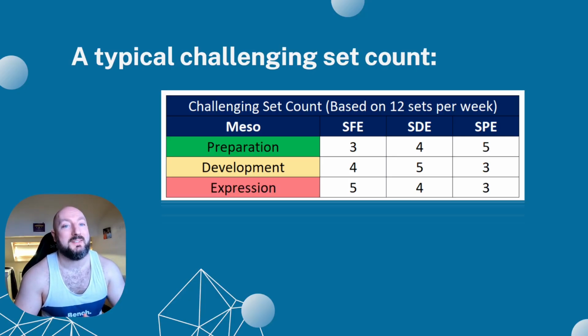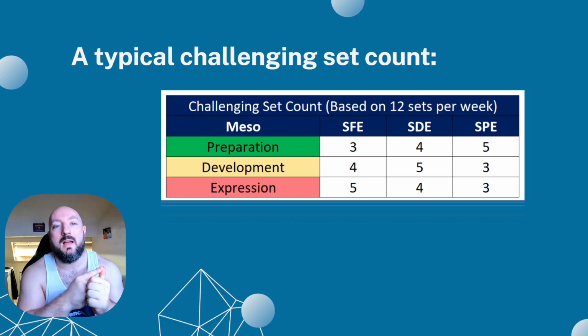Also with bench, remember we use 2 bench variations, so one's touch and go, and we class that as sport form as well. And that just helps keep everything simple, so 2 upper and 2 lower. If not, if you just want to keep, maybe you do bench at half the frequency of lower body, which is absolutely fine. If you've got a squat day, a bench day, and a dead day, then you just stick to these numbers on here. You wouldn't have to double up on bench.